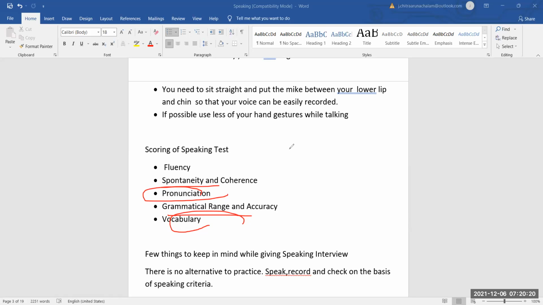First you have to analyze where you actually stand. Number one, the focus should be on your content and fluency. That's very important. Whether you are able to speak in a flow, whether you are able to generate ideas. If you are able to do that very perfectly, then focus on vocabulary. In the beginning itself, don't try to focus on vocabulary. That is important, but the first and foremost thing that you have to focus on is fluency. And then avoid repeating the same information more than once. And in cue card topics, try to give an introduction to the topic.